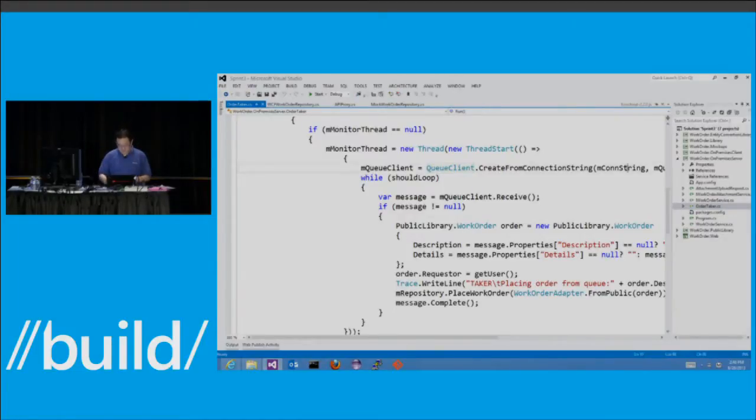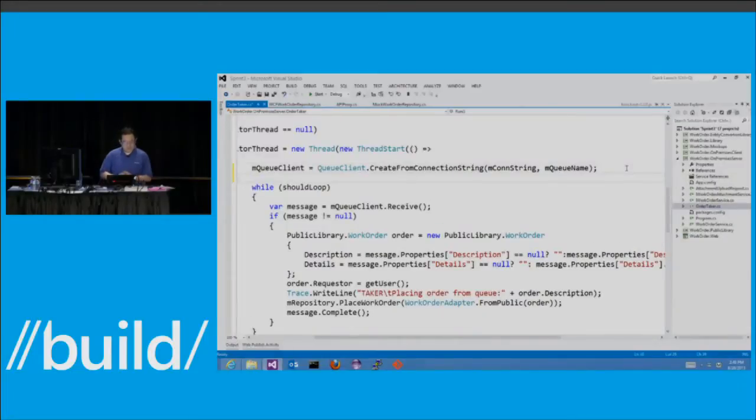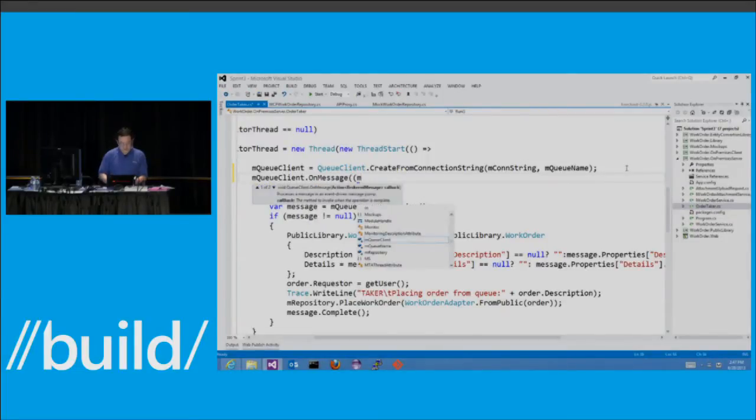This is still not brand new, but kind of new. When you use service bus or any other queuing service, usually you need to do this kind of a loop to pick up the messages, and each pick for the messages is actually a chargeable transaction to you. What we provide in the updated service bus library is support for an event-driven programming model, so that you can create a queue client, then wait for the message. For instance, you can say on message, then you provide a callback.